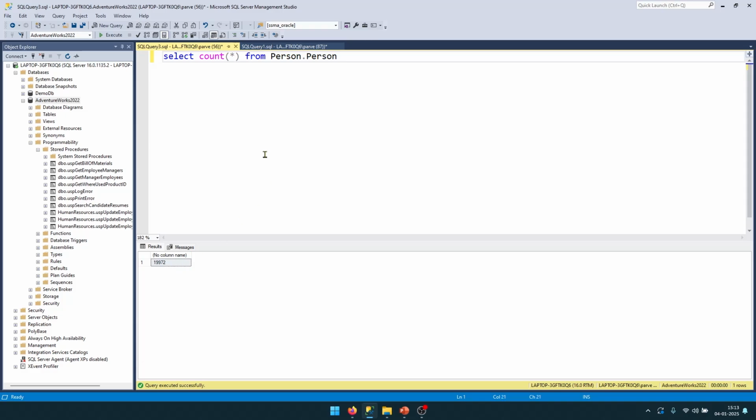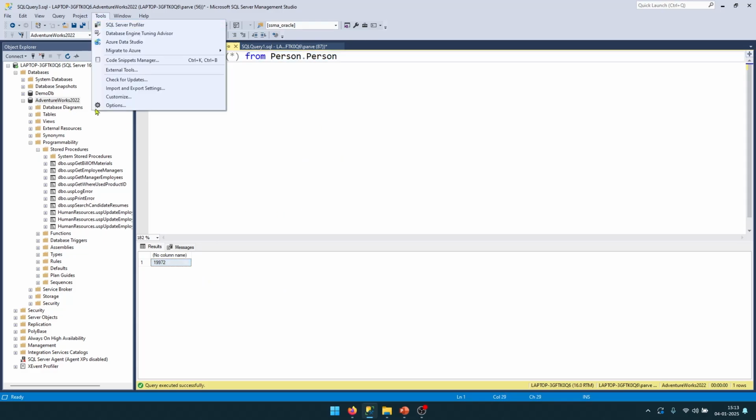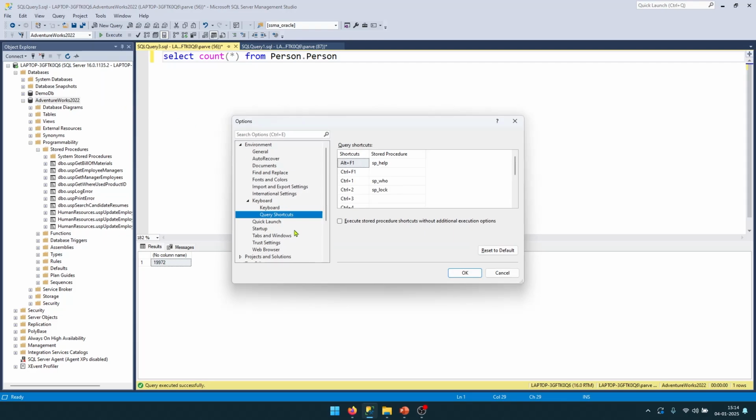But what I want to do is execute this as a keyboard shortcut. I want to press a keyboard shortcut and see the number of rows available in that table. Okay, so let's see how we can achieve this. So again, go to Tools and click on Options. And once you are in the Query Shortcuts section here, let's use this particular keyboard shortcut, Control plus 0, to get the number of rows available in the table. So we just have to type the query, select count,